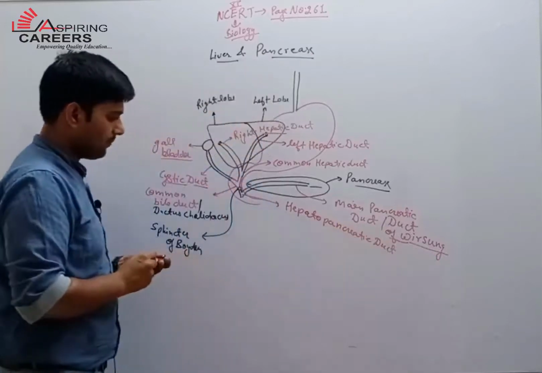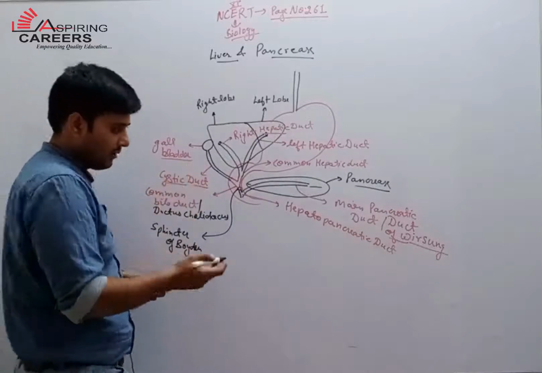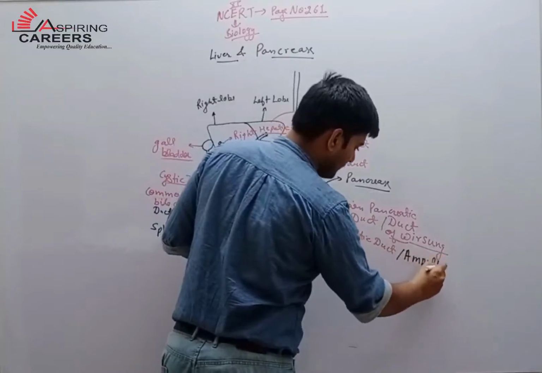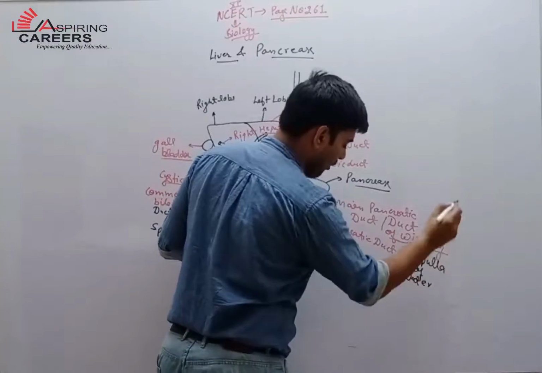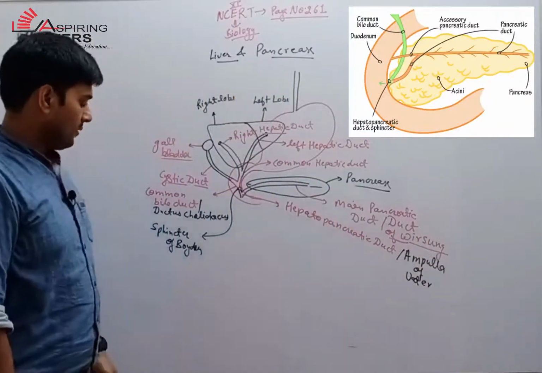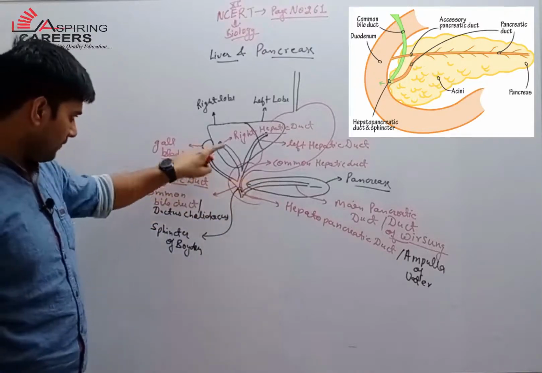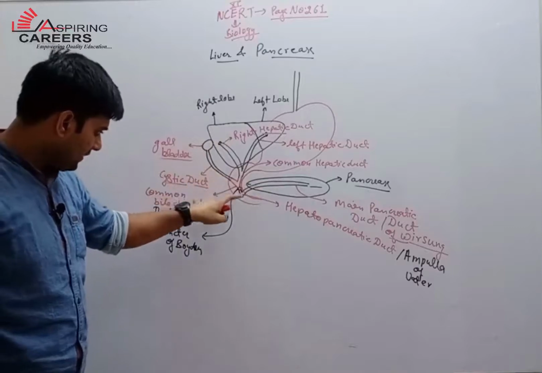Now, this hepatopancreatic duct forms a swollen structure, and that swollen structure is known as the ampulla. This ampulla is also known as the ampulla of Vater. So the secretion of the pancreas and the secretion of the liver, with the help of the gallbladder, is released directly